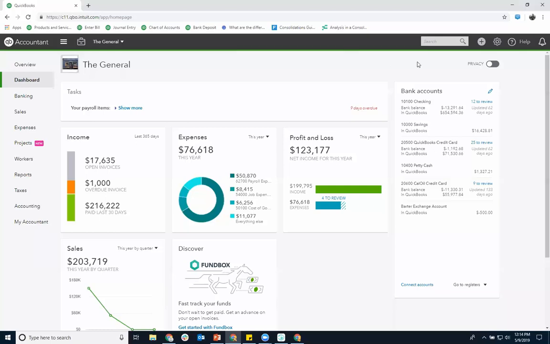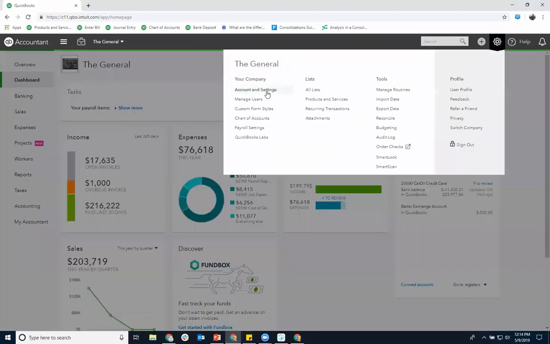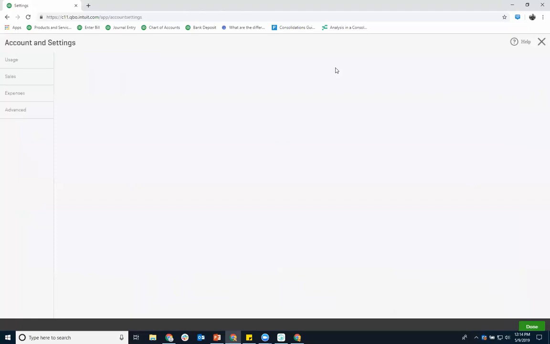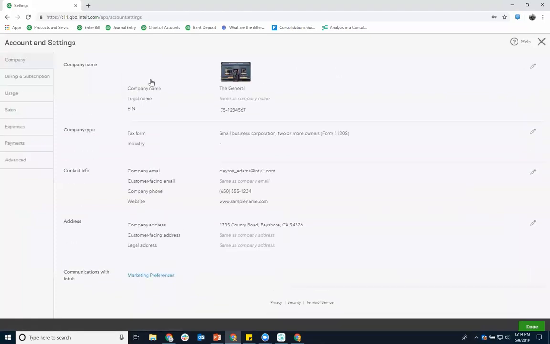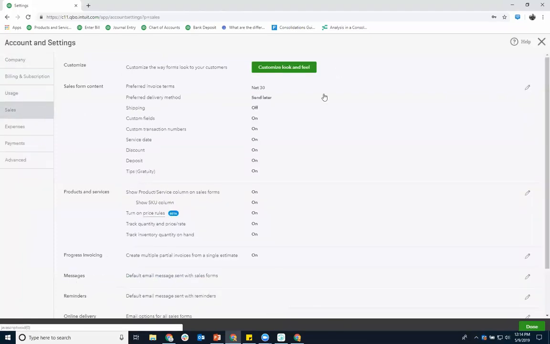Let's look at some key settings. Accountant settings are under the gear icon. The most important settings I think to consider, we're going to start with sales settings. All right. Now, I'm going to start right with customizing forms because that is a thing, and then we'll go